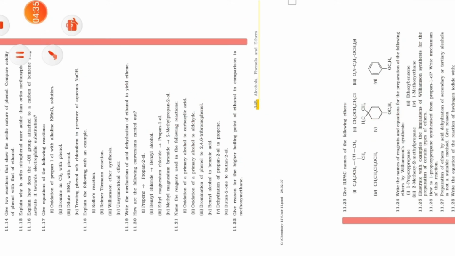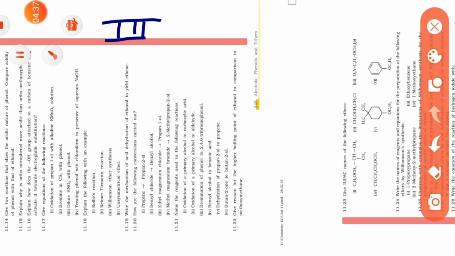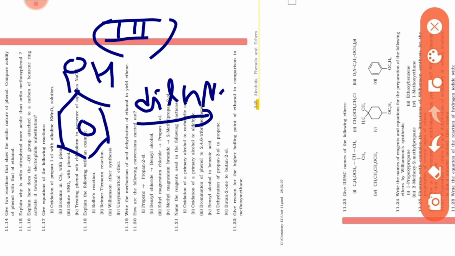Okay, now after that, the third one is here. The third one is the reaction of phenol with dilute HNO3. It is simply nitration, beta. It is simply nitration. And in nitration, I think you know very well, the NO2 group can come at the ortho position or it can come at the para position. Where can it come? It can come at the para position.